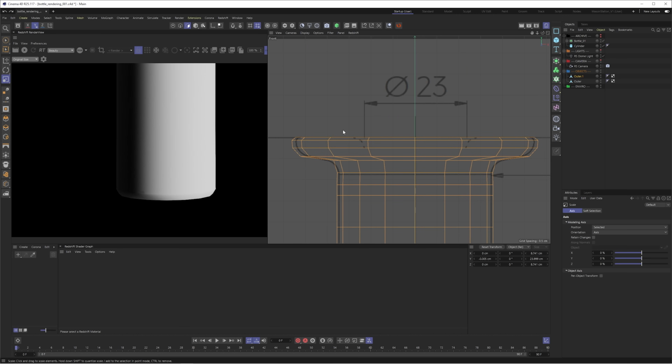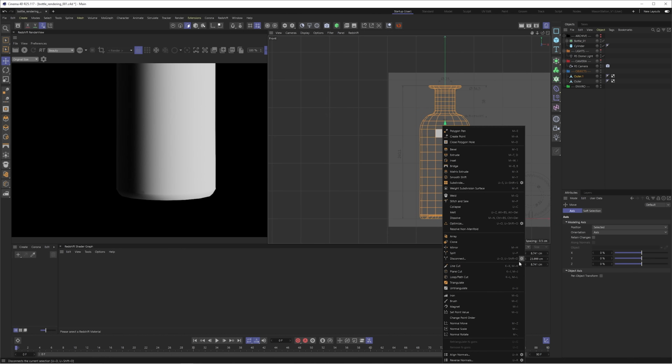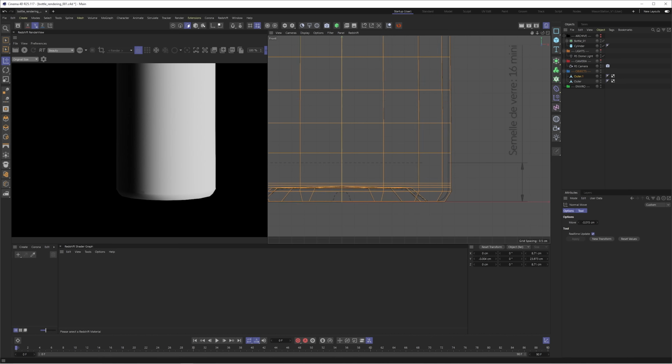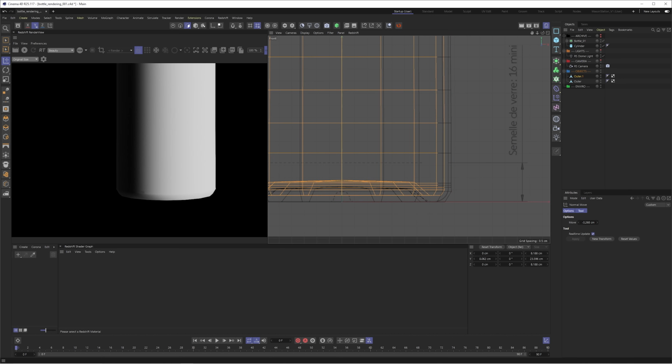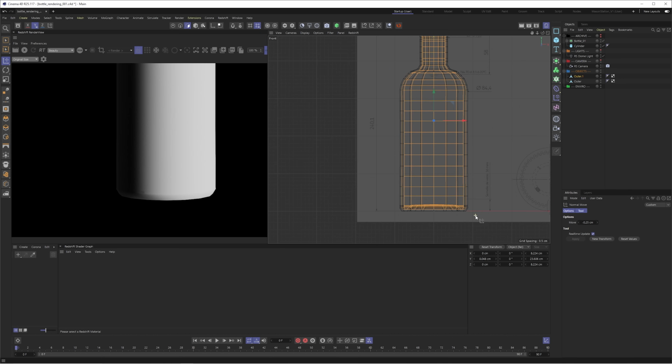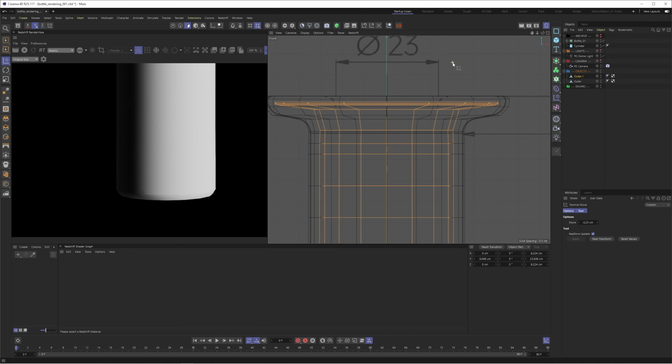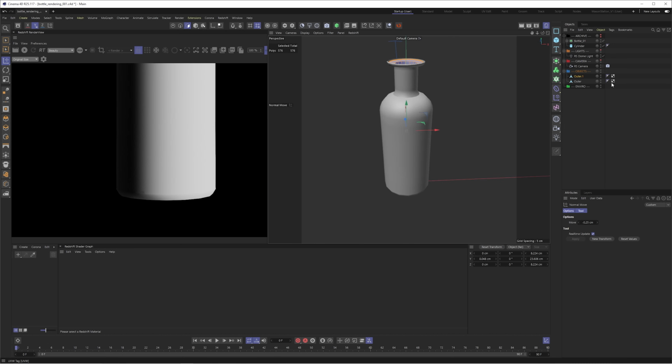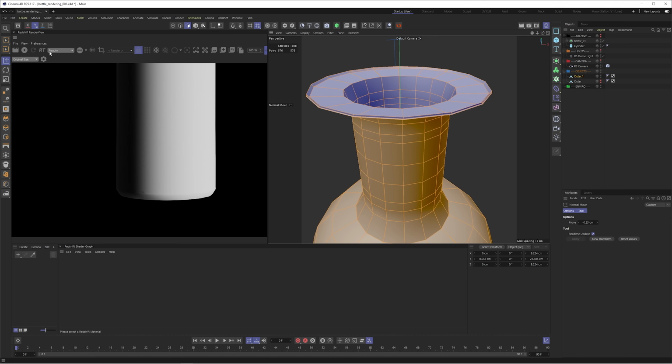There's a couple methods of creating this thickness, but we're going to use a tool called the normal move. This will allow us to scale our polygons based on their normals. Just right click, scroll down and select normal move, and now we can click and drag to move our object inwards. A move value of -0.25 looks about right, but it's worth experimenting with this to see what different results you can get. The only issue with normal move is that it will sometimes collapse polygons in on themselves, so